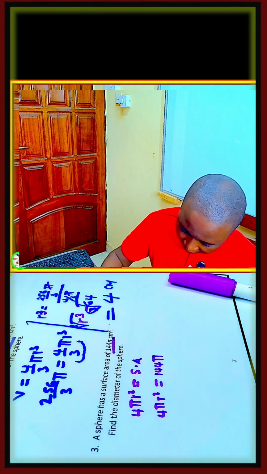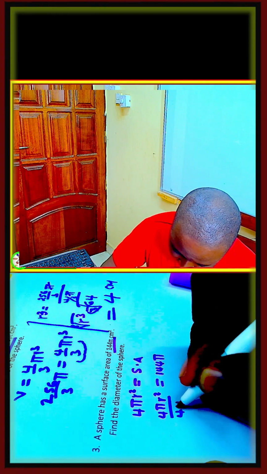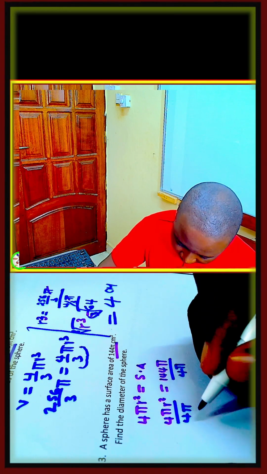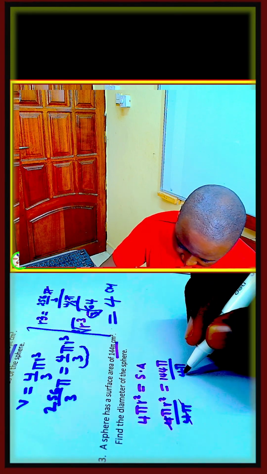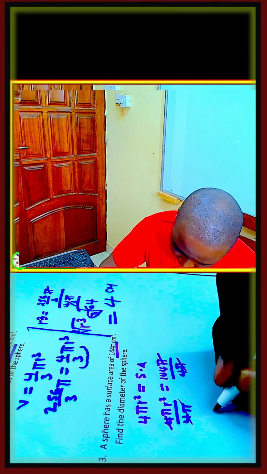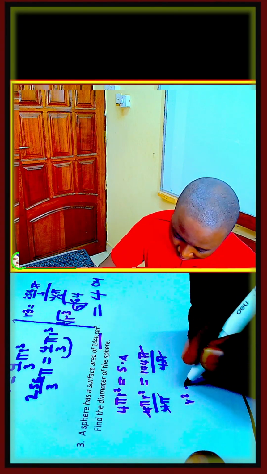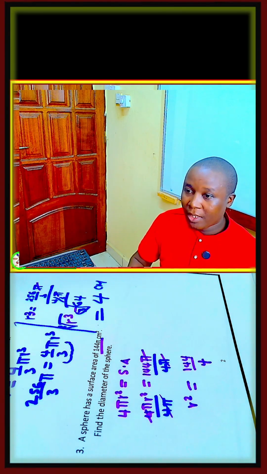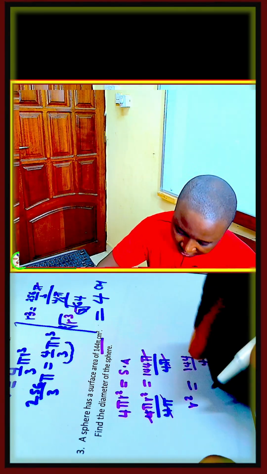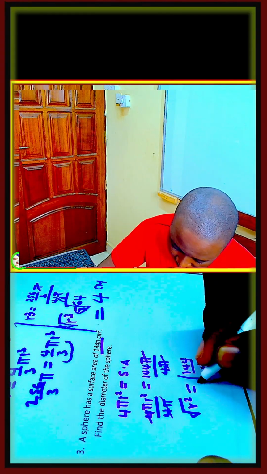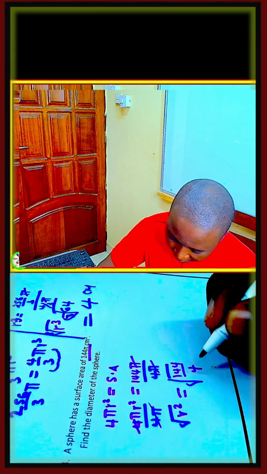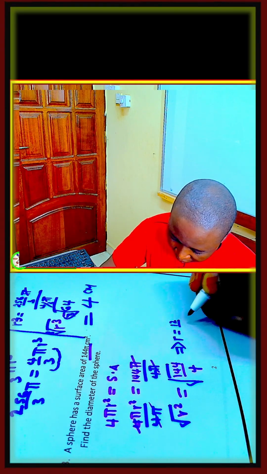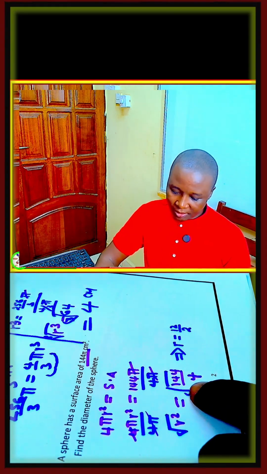Then we are going to divide both sides by 4 pi. So this and this will cancel out, and we shall have r squared equal to 144 over 4. Then for us to find the radius, we are going to find the square root of both sides, and this implies that r is equal to 12 over 2, because the square root of 144 is